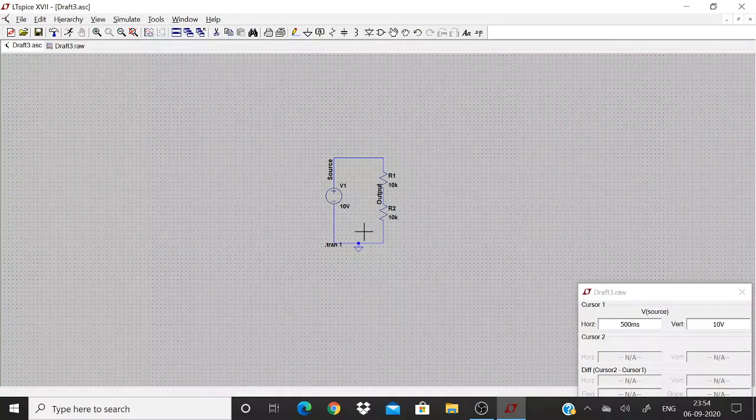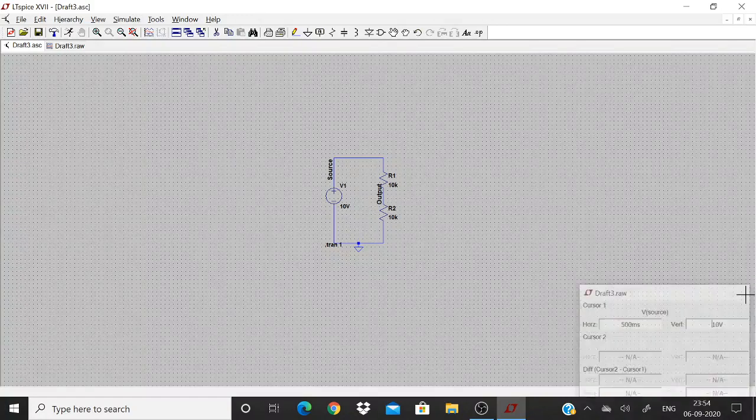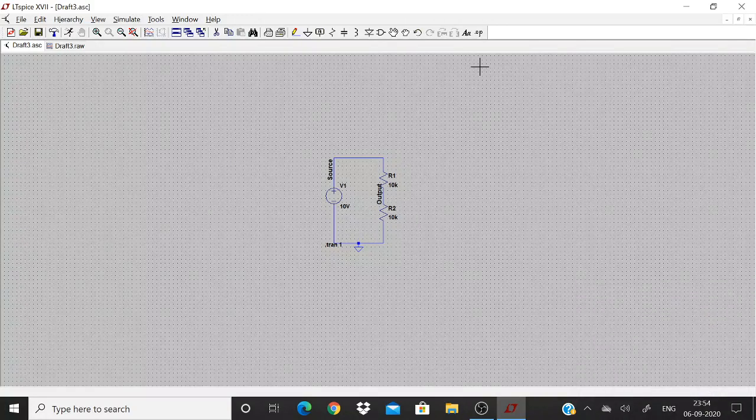So I will tell the steps once again. You can pick and place combo. You have to first select new schematic, and you can optionally choose for the grid to appear. You can pick and place components. You can draw the wire, and you have to give values to the components, and most importantly you have to select one node as ground. Then you can go for the simulation. Clear?